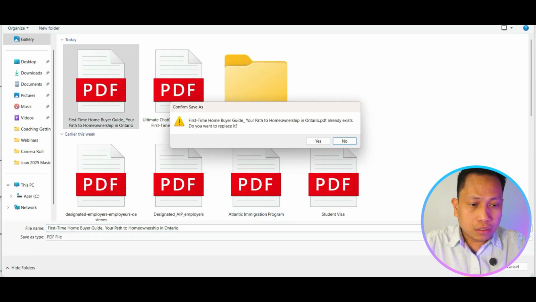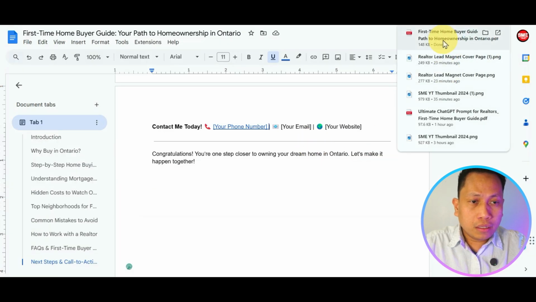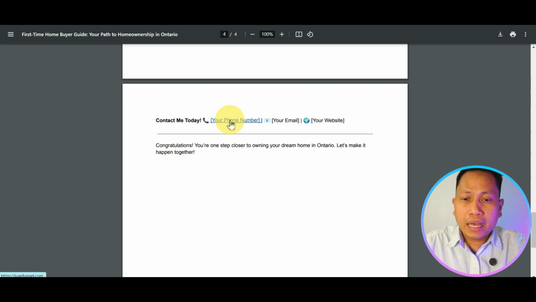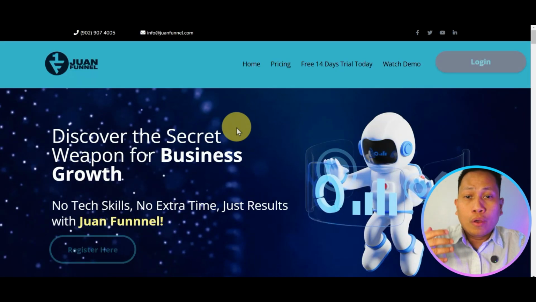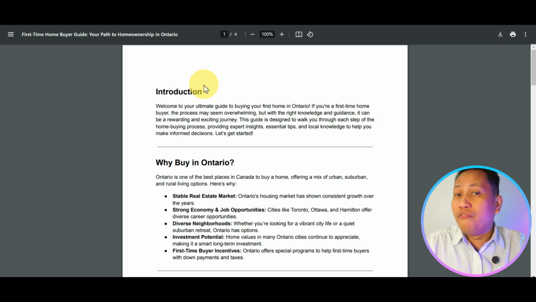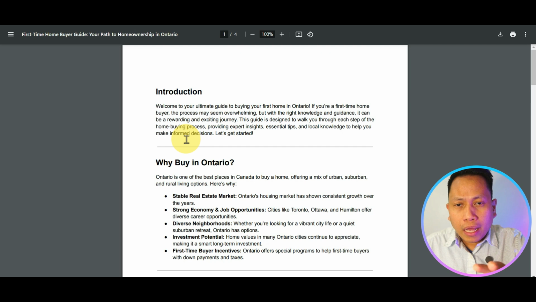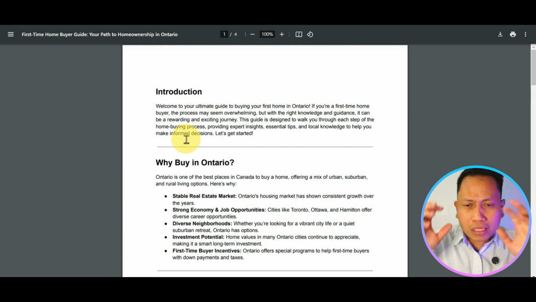Now, if I duplicate this one, double click, and scroll down, this one is a hyperlink. This is what you call clickable. So I can click this, and it will redirect to my website. Same thing if, for example, you added videos. Here you screenshot the videos, and when they click that, it will redirect to YouTube. So that's how easy it is. Feel free to customize this.